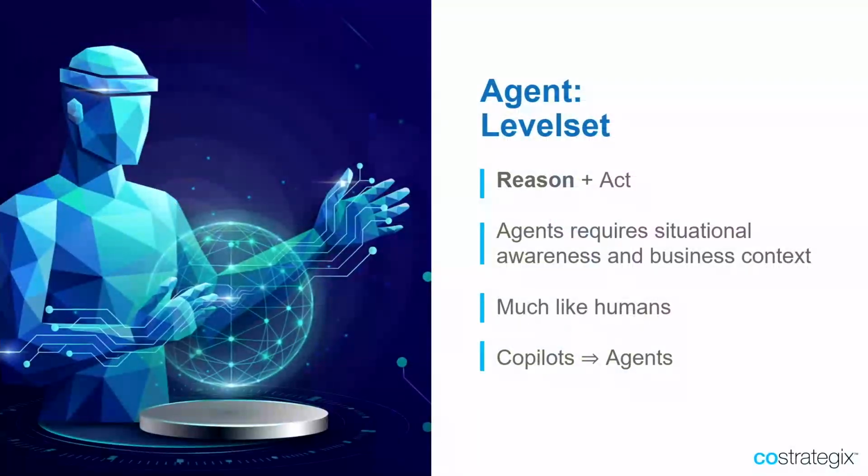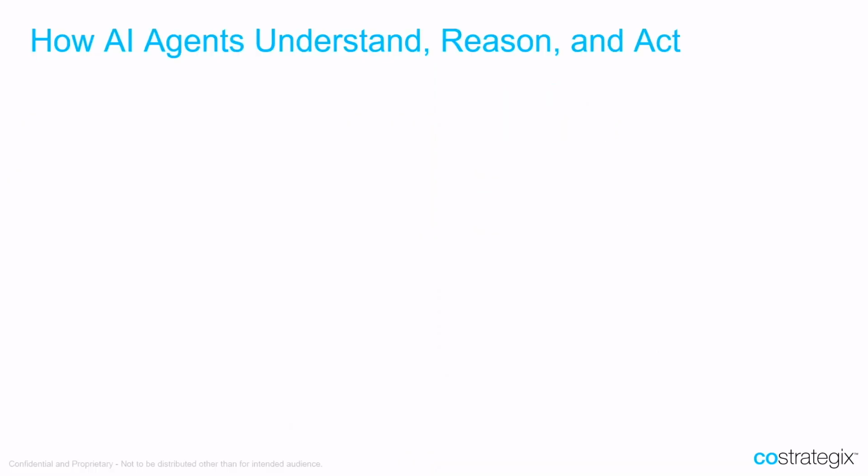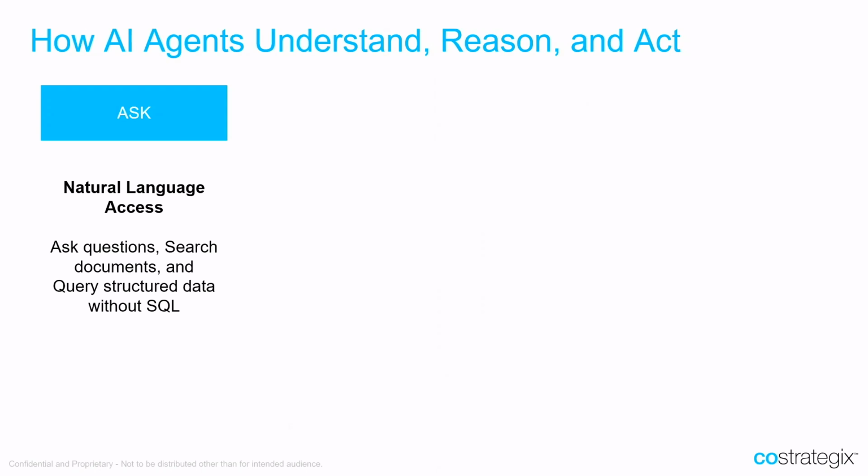So the agentic shift, right? So we know, I'll kind of go through this fast. Agent level set, agents can reason and act, much like humans do. It's an evolution from copilots to sort of agents, right? Much like humans. So basically, how do they understand, reason, and act? I'm not necessarily going into the transformer architecture, that kind of layer, but still at a logical layer. You first ask a question, using the same natural language construct that LLMs have,